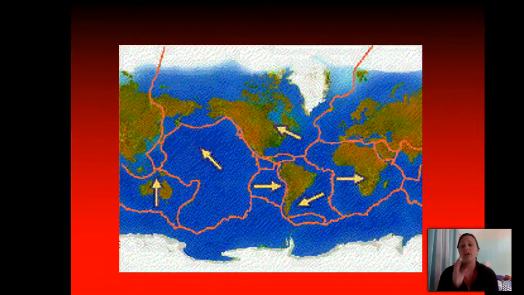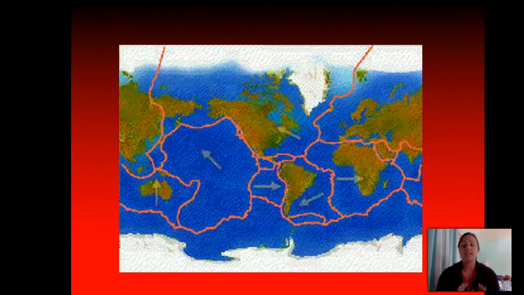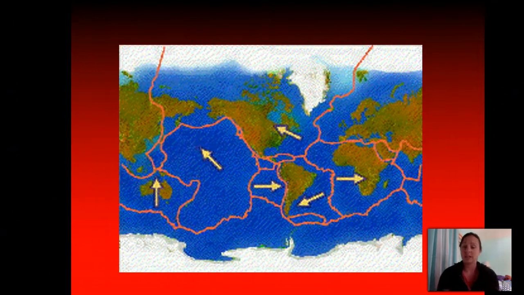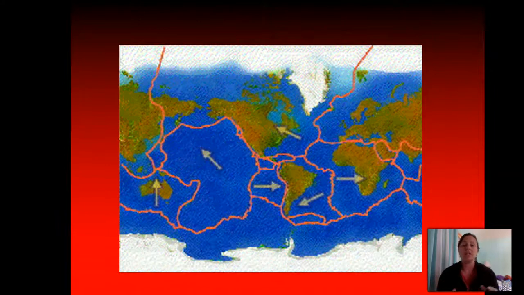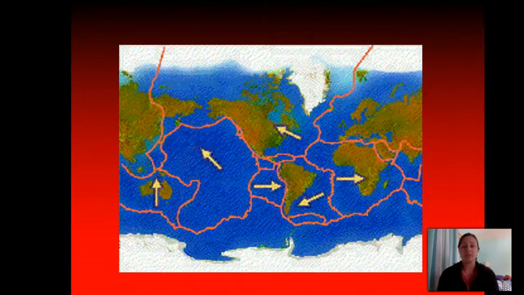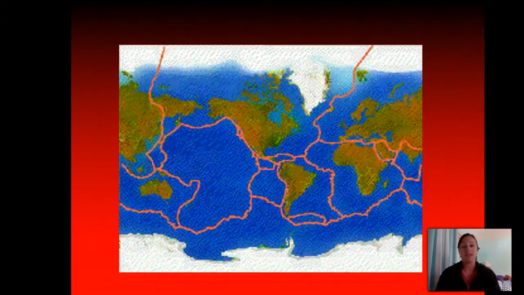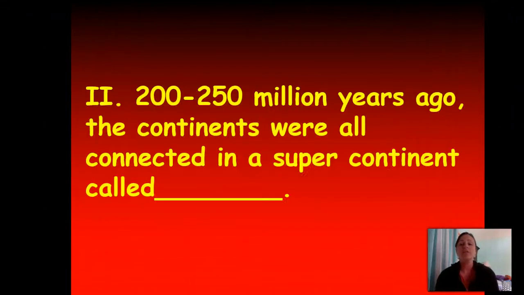Here is a picture of the continents, and you can see in red the outline of the actual plates that I was just talking about. So we're looking at how the oceanic and the continental crust is broken up not by continent but by plates. 200 to 250 million years ago, all of our continents were actually connected, and it was known to be